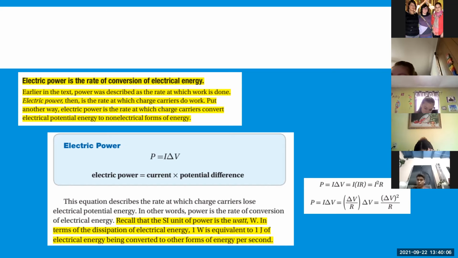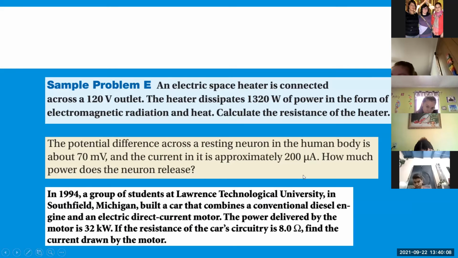These are the possible equations and these are the word problems. I want you to write down these word problems in your notebook. I don't have time to explain to you, not even one exercise because I